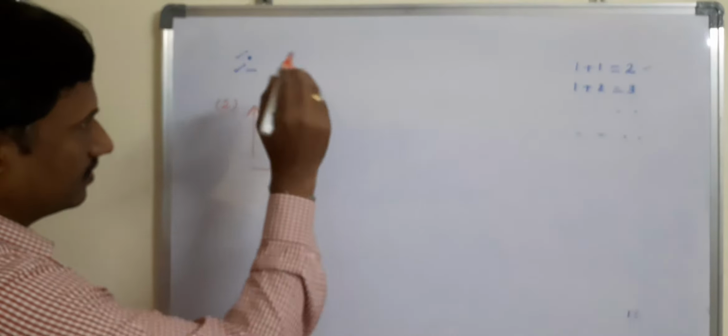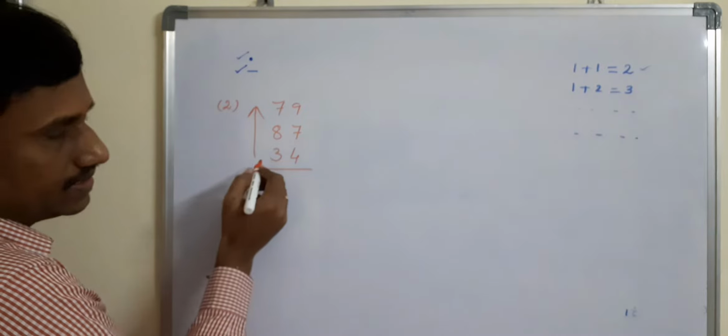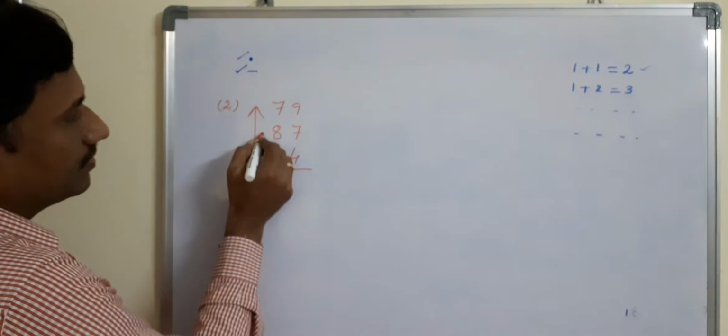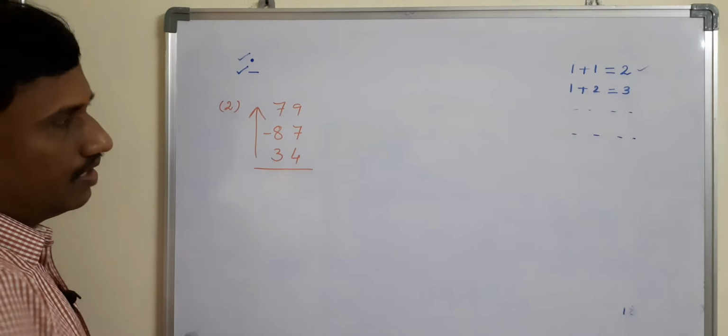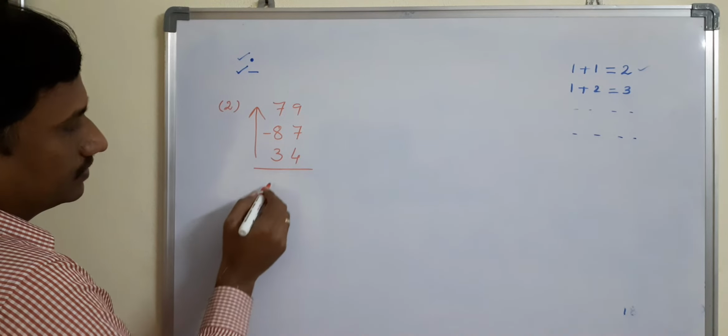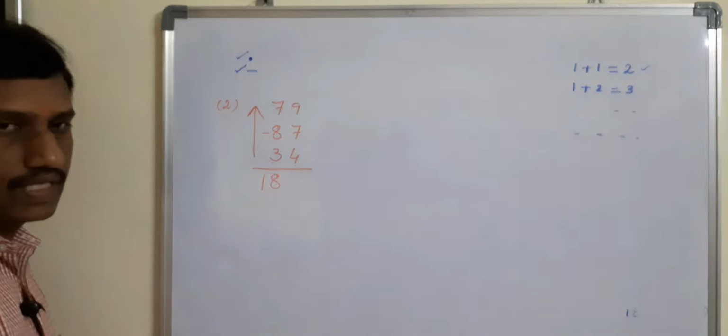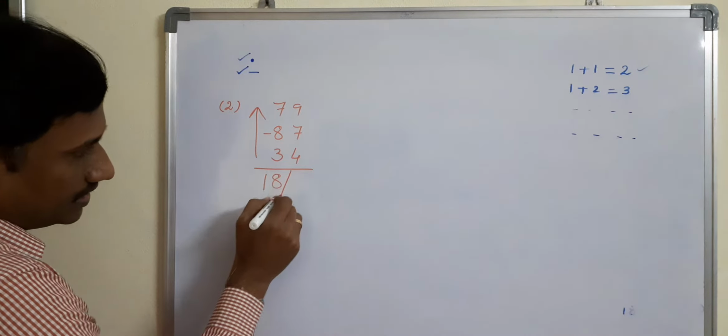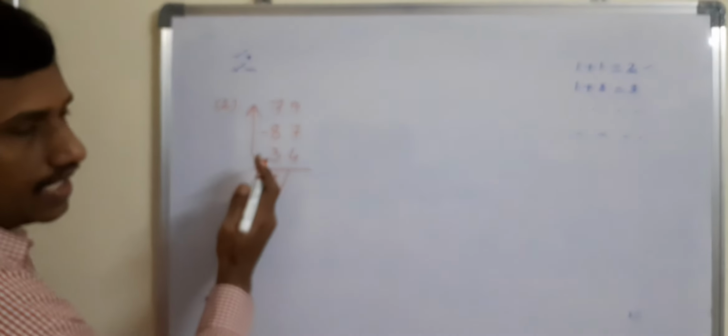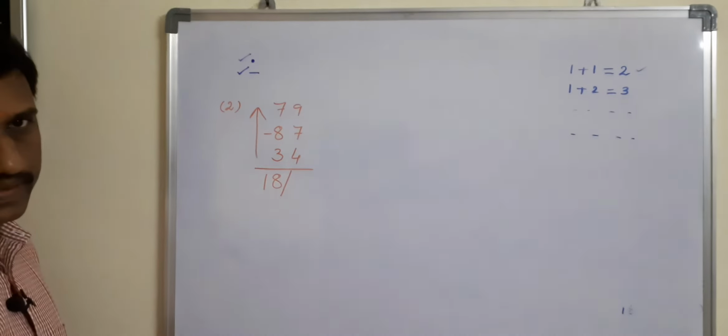See, as per our first method, 3 plus 8, how much? 11. 11 means just remember 1, put a bar. 1 plus 7, 8. Then 8 here and 1 bar means 18. Clear? And put a slash like this. That means one column is over, put a slash like this.